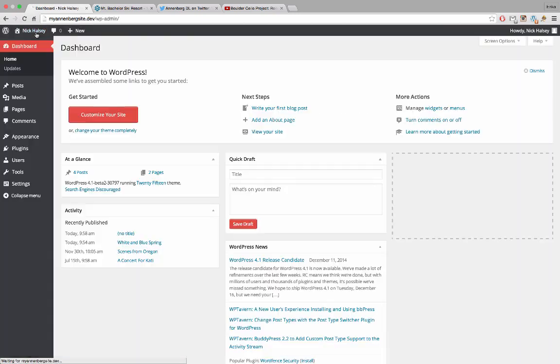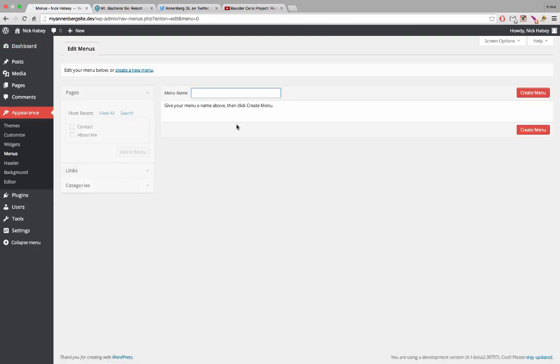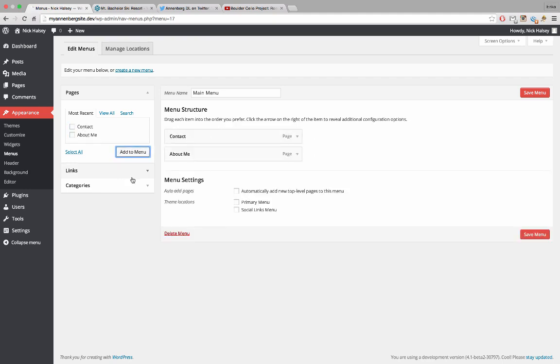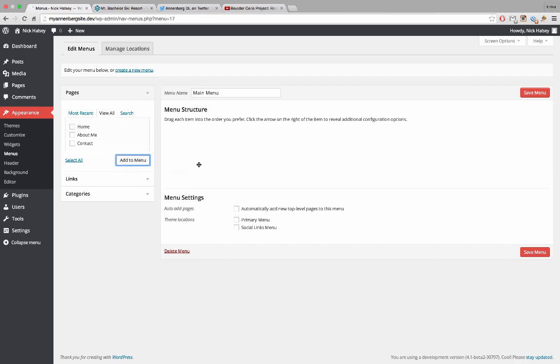We're going to go back to the WordPress admin, and then under Appearance, we're going to go to Menus. This first menu is going to be the main menu, so I'll just call it something like that. Create the menu, and then over here it looks like we've got both of our pages available, so we can just add those. If you view all, you'll see there's also a link to the home page, and for now that's going to have